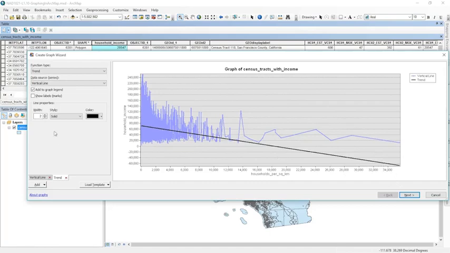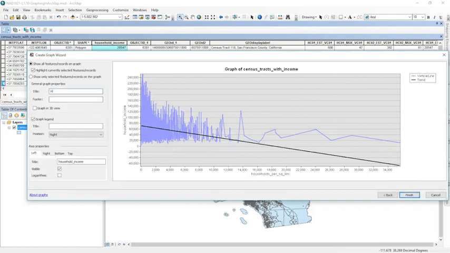So we could do a whole lot more with this if we want to, and do a lot more assessment. But if I was happy with this and said, yeah, there seems to be a little bit of a trend relating to decreasing household income with increasing density in California, this is an interesting graph worth sharing. I should make this part of my map. So I'm going to go to the next step in the graph wizard now,